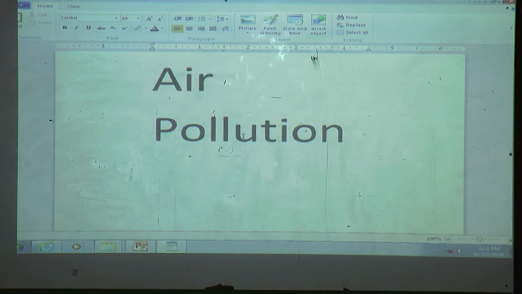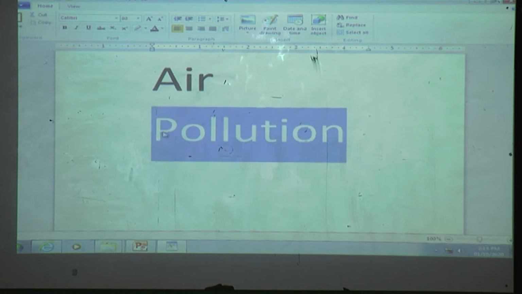Now we will see one more time how to select the single word. Take the cursor here and press the mouse left button 2 times, continuously pressing the button.